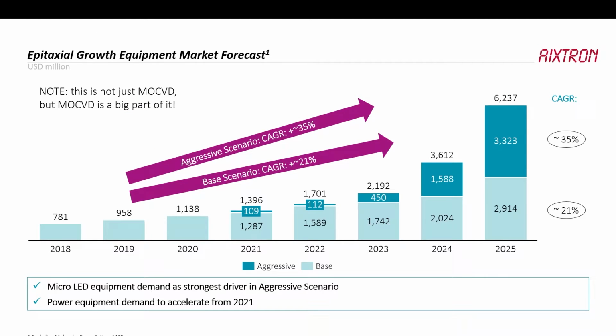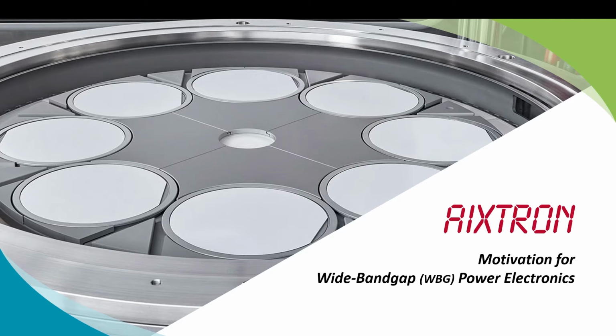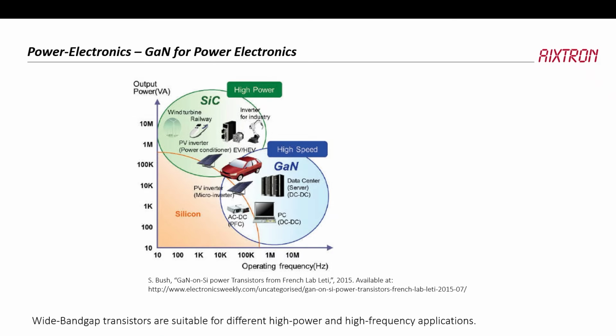Okay, I'll skip that, and I go into the motivation for wide bandgap semiconductors. I think this is a bit of a repeat of some of the things that we've heard before, because I think everybody's hammering the same nail today. This is the picture that shows the motivation, operating frequency and output power. This is logarithmic in both cases, and we can see the dominant silicon. The silicon is still dominant today. But we have those two nice semiconductors, gallium nitride and silicon carbide, coming up, and both of them are actually